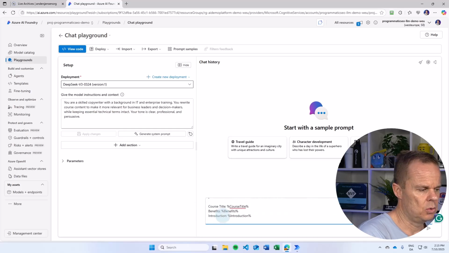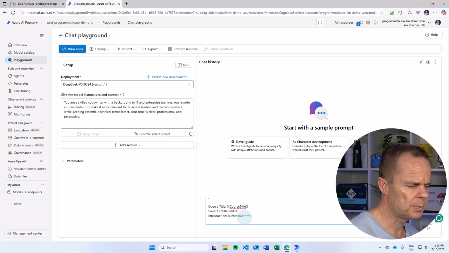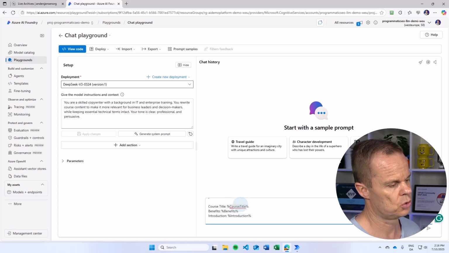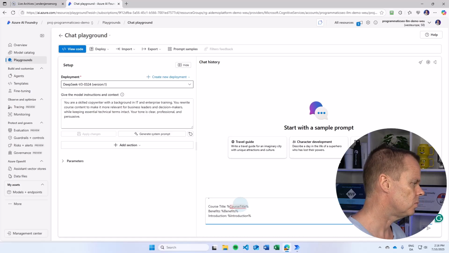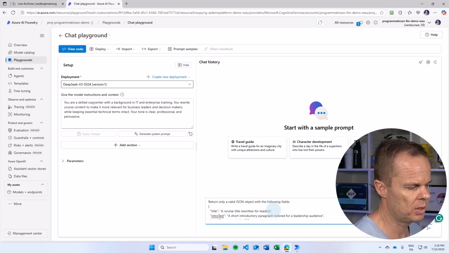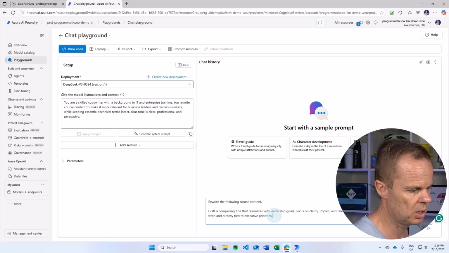Then I want to fill it in with the course title, benefits, and introduction. These are variables, so these should change from course to course. So this is the prompt I need to send through. We can talk a little bit about that. We can also probably clear